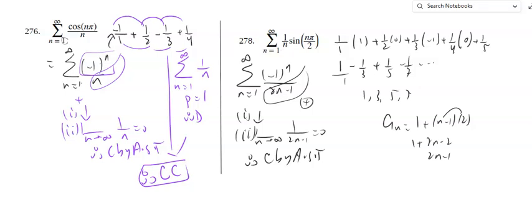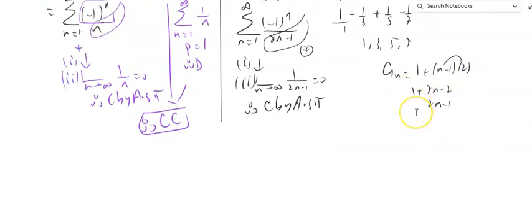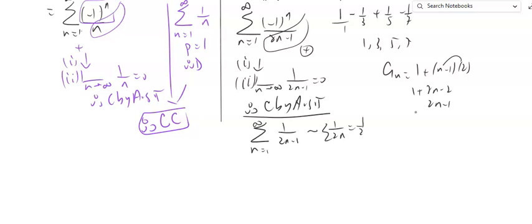And if I was to look at the absolute value, that will be the series n equal 1 to infinity of 1 over 2n minus 1. This is dominated by 1 over 2n, so 1/2 the series of 1 over n, p equal 1,